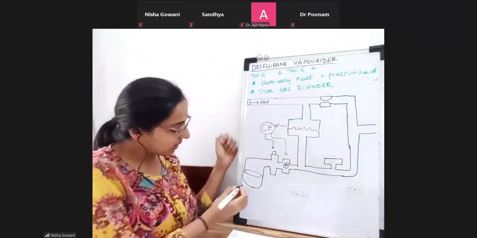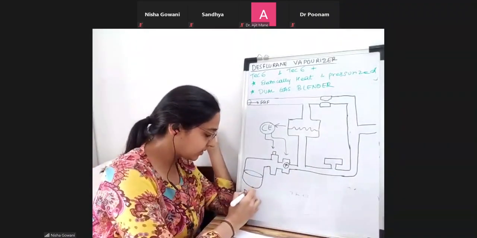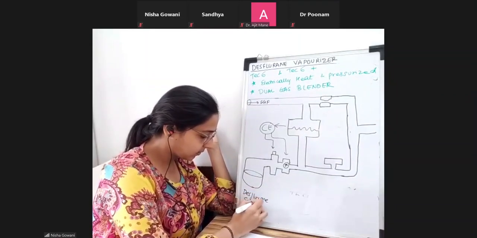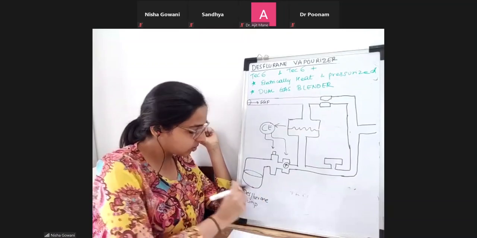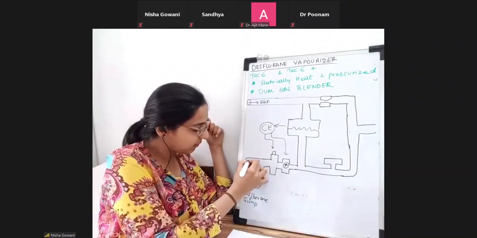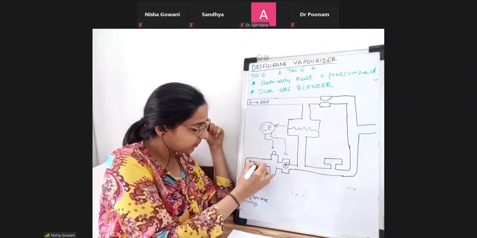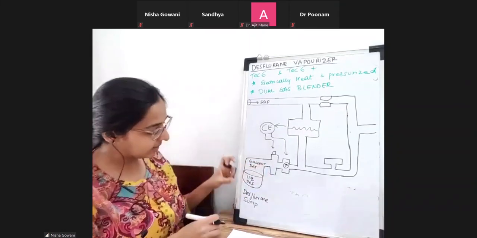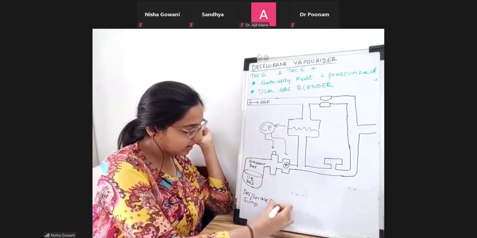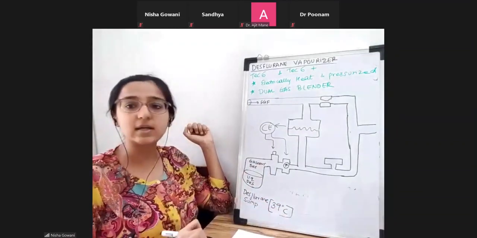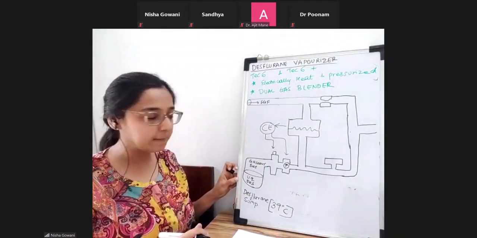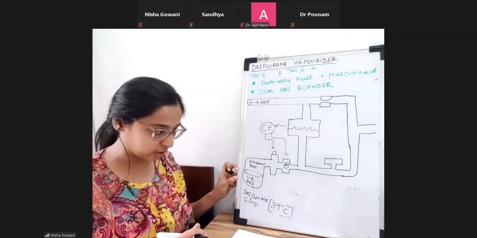Now, what is this? This is the desflurane sump. This is the desflurane, and this is the gaseous desflurane. This desflurane sump is going to be heated. It's going to be always at 39 degrees Celsius. What is the temperature of this sump? It is 39 degrees Celsius. So this sump is always receiving a constant amount of heat. It does not fluctuate.